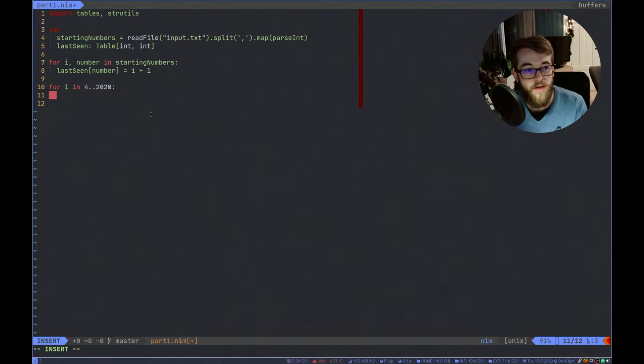So for I in 2020, and now we are going to do, if last seen has key I, so if we have seen this number before, then last seen